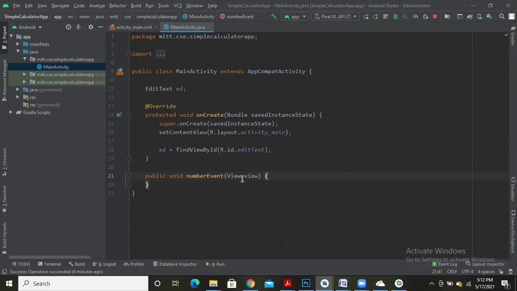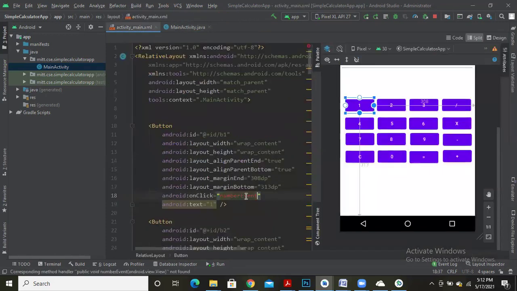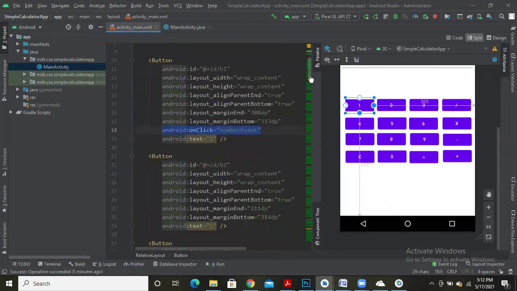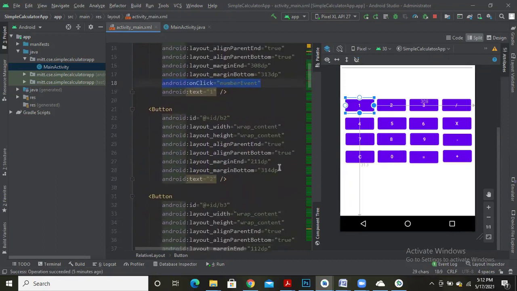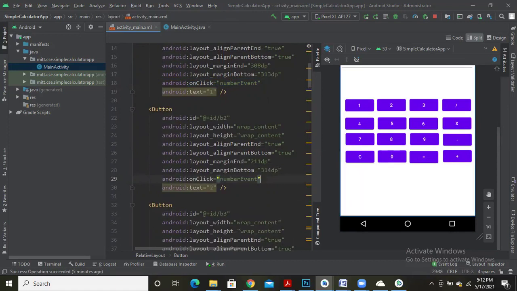Now the code inside this numberEvent we should write. This numberEvent function I have added to button 1, which is b1. The same thing I will add to all the other numbers like 2, 3, 4, 5, 6, 7, 8, 9 and 0. Let me copy this and paste it to the other buttons. For button 2, let me do the same thing. I'll copy the onClick property where I'm going to call numberEvent.